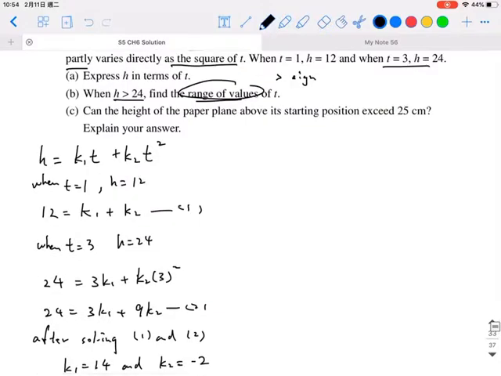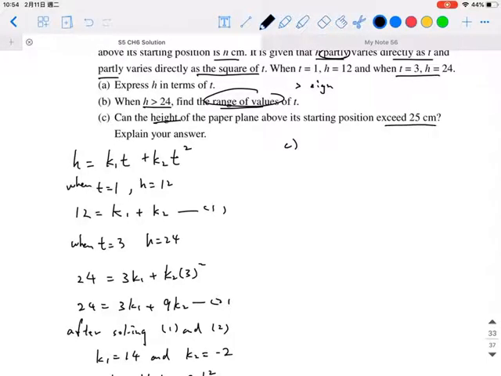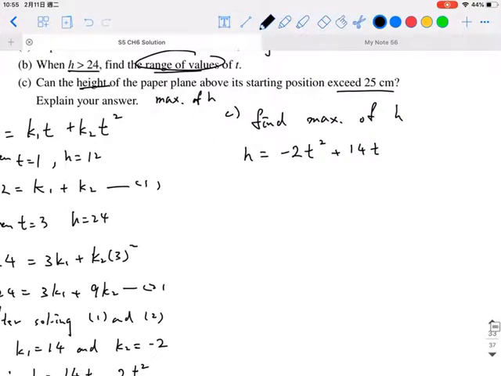And for part C, can the height of the paper plane above exceed 25 cm? So in this question is asking us the maximum value of h. So we need to find maximum value of h. As we know, h is equal to negative 2t squared plus 14t. I try to find the maximum of h by completing square. So by completing square,